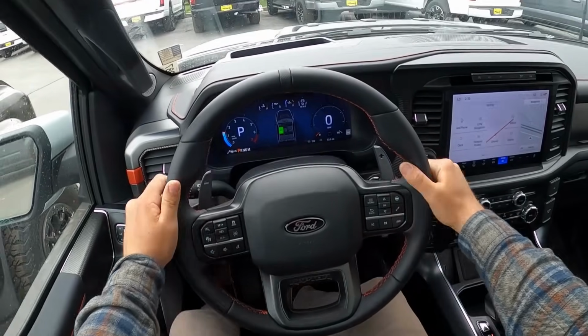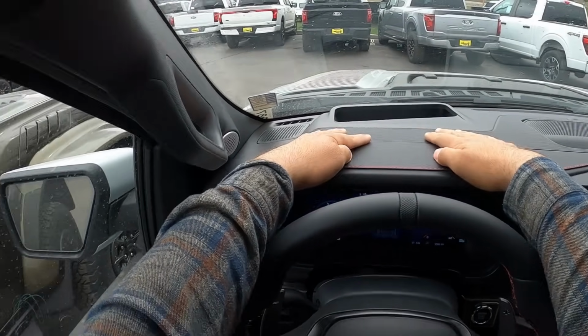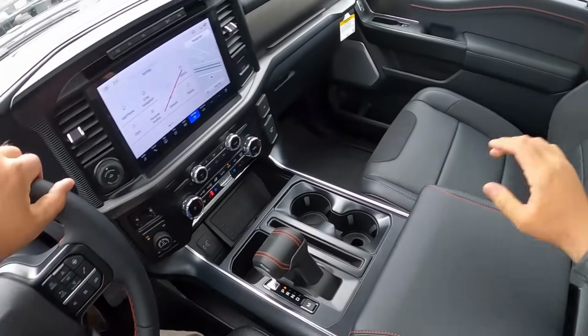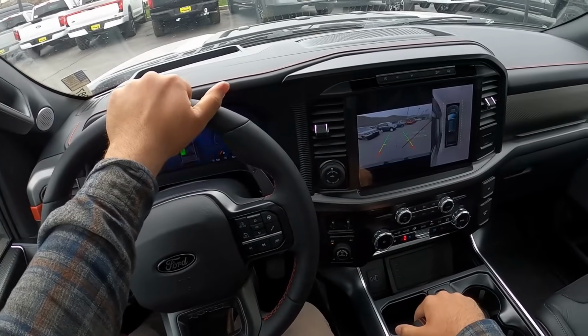Well, let's talk about visibility here in the F-150. Over the hood, you've got the heads-up display, both the mirrors, and through the rest of the rear. So, you know, traditional full-size pickup truck